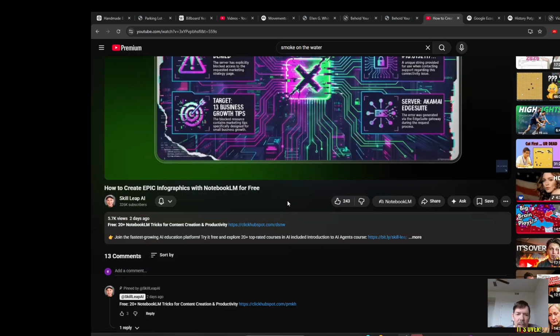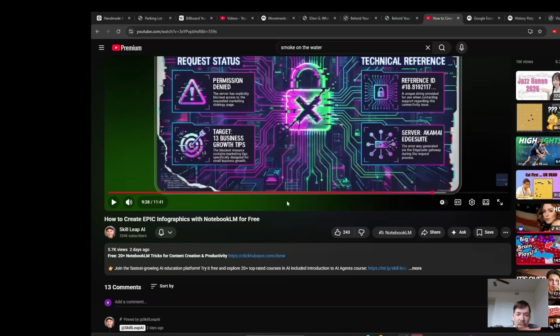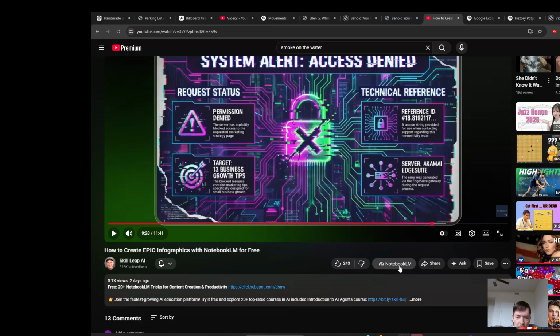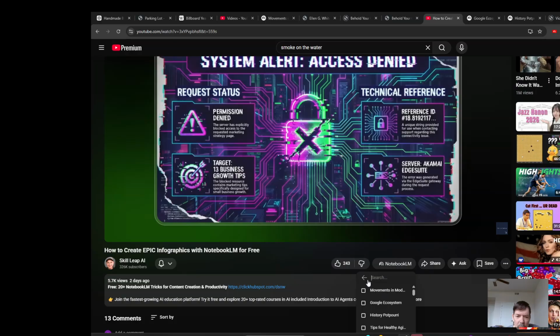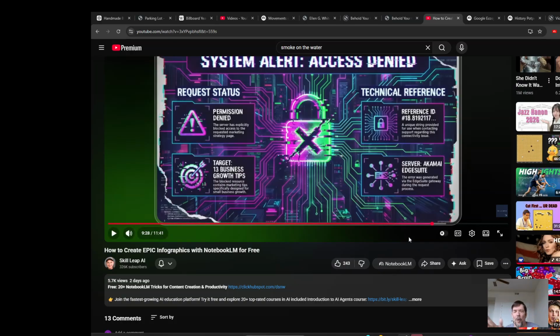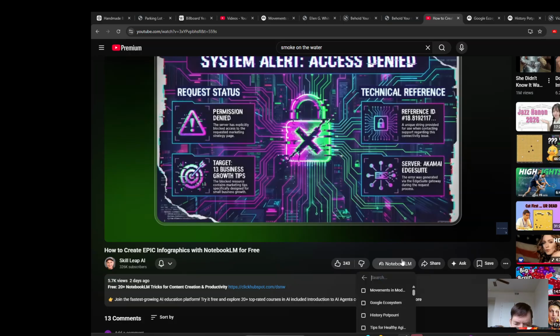There is a Chrome extension for Notebooklm. So you just click on this, and then I can tell it which notebook to add it to, which was this one, Movements in Modern Art. And so it added that to, I'm sorry, I said the wrong thing. I have another notebook that has information on Google products, called the Google ecosystem. So I put it in Google ecosystem, and then that told Claude Code what it needed to know in order to build the